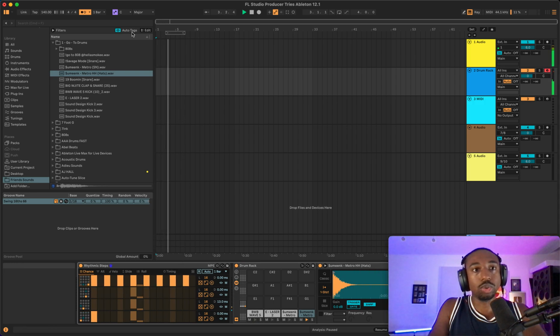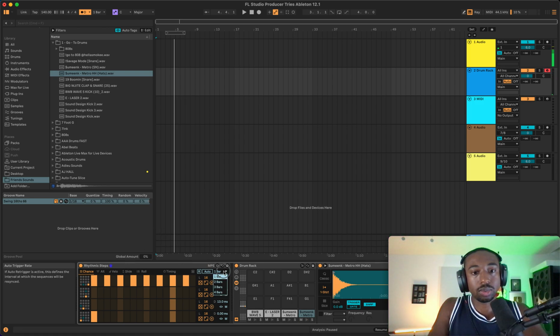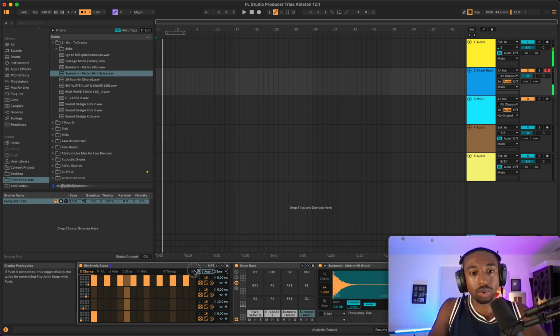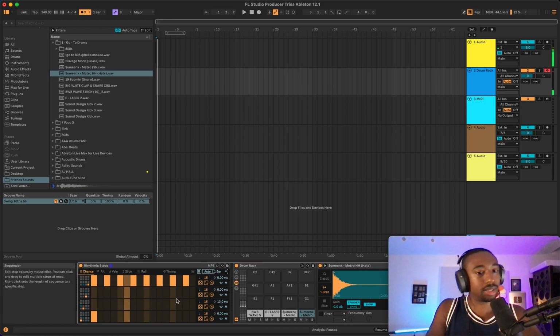All right, so it just loops with the metronome. We can set this to 2 bars. I don't even know where the other panel would be though. That's the only thing, so that's a little confusing. How do you get to the second panel? I have no idea. So we're just gonna keep this simple.